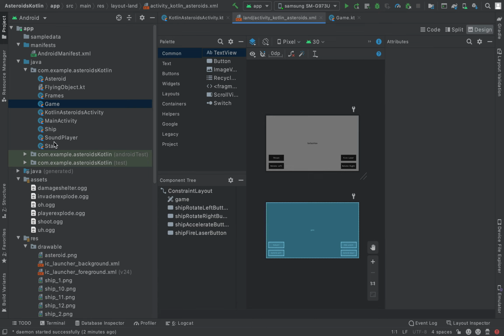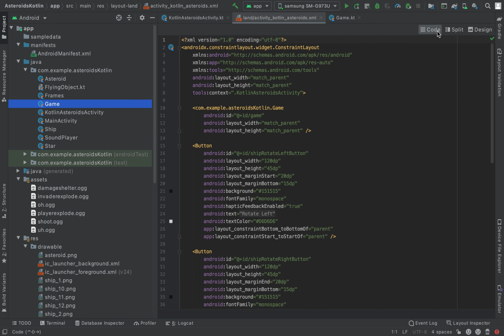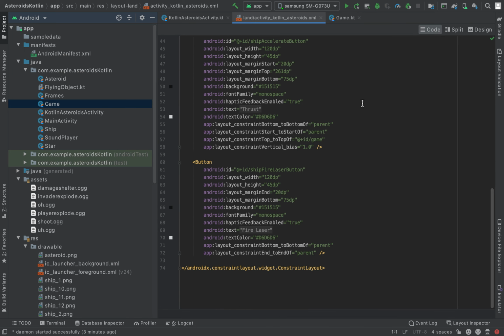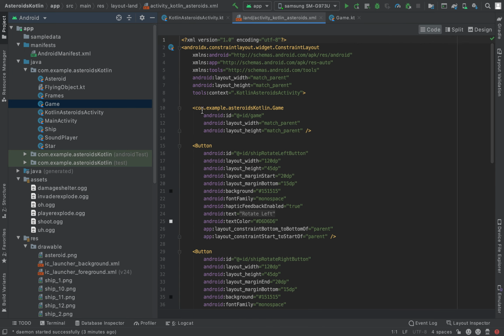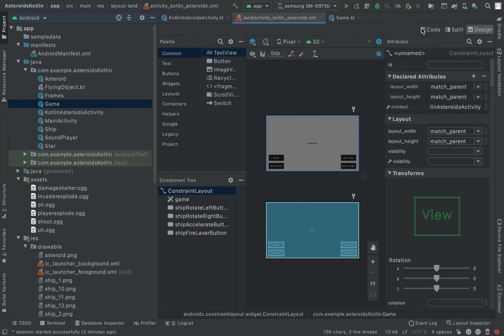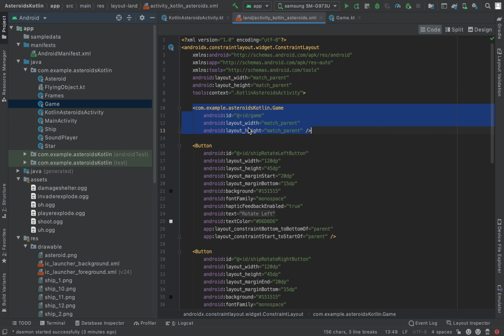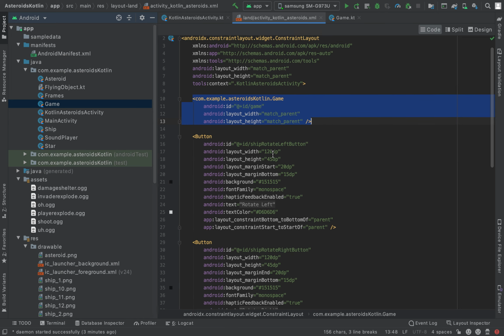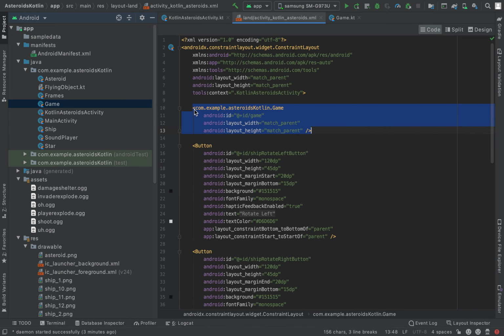I'm going to be focusing on this as well as this, the activity Kotlin Asteroids XML that I have created. Very basic. All it has is one surface view object that I have defined here in XML. It handles it automatically, inserts it into the